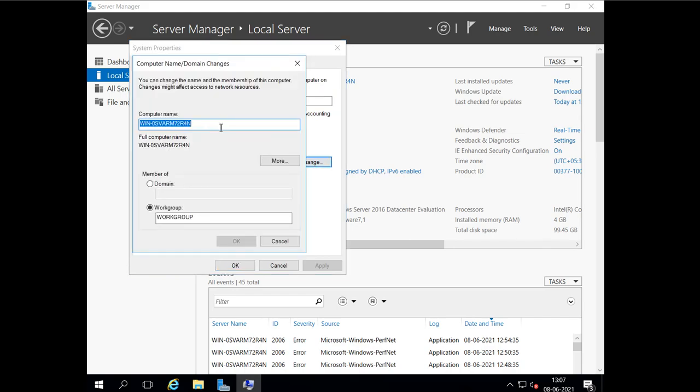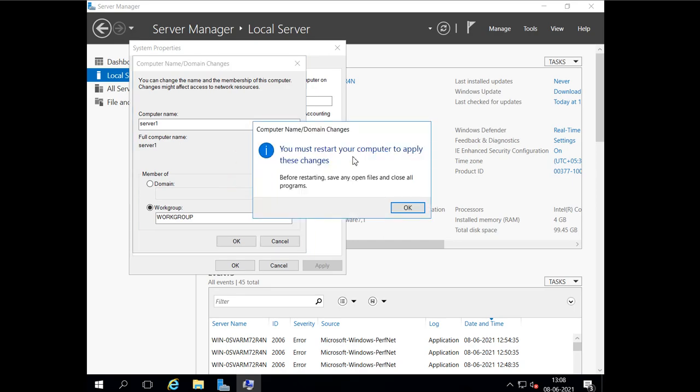I will say server, or I will go with this SRV1. No, I will go for server 1, and I will press OK. Now when you change the name, it is going to be rebooted for updating the name all over the system. So it is saying you must reboot the system. So when we change the name, it is going to reboot.